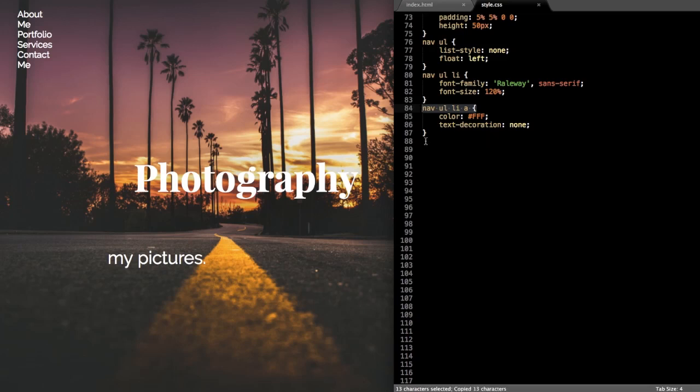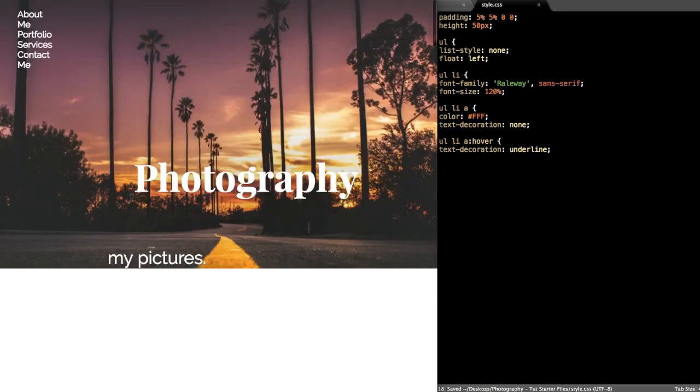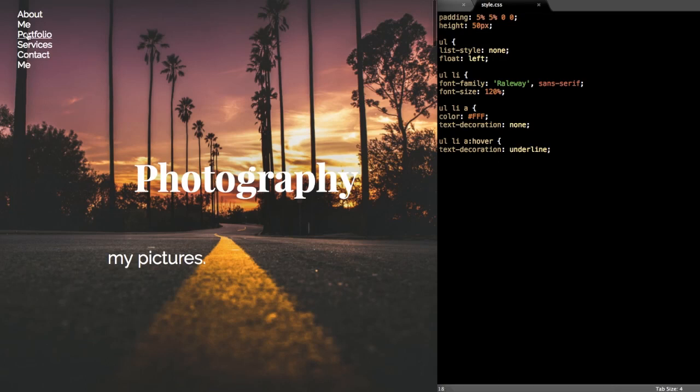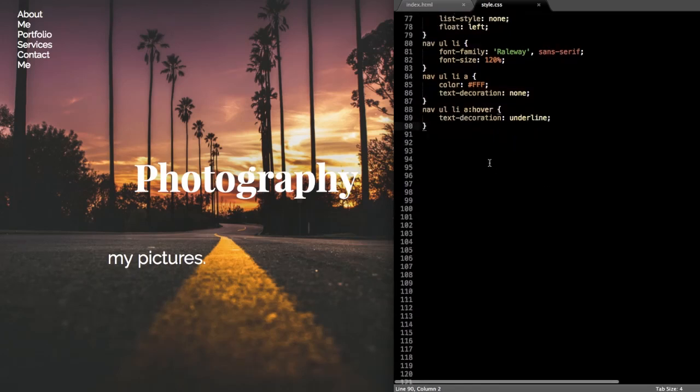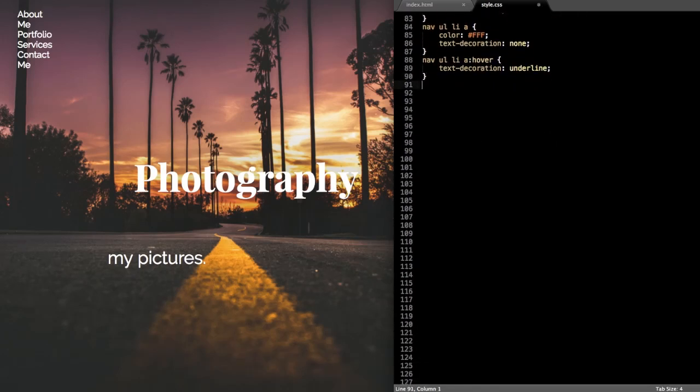but we need to space them out, and let's give them a little style when we hover over them. So we'll make it text-decoration underline on hover. So after a, just write colon hover. Okay, so now as we hover over them, we'll know which one we're on with the underline displaying. Okay, so you can also add different colors or whatever you want, for example, for the hover,